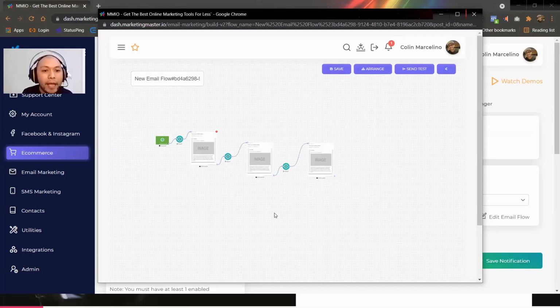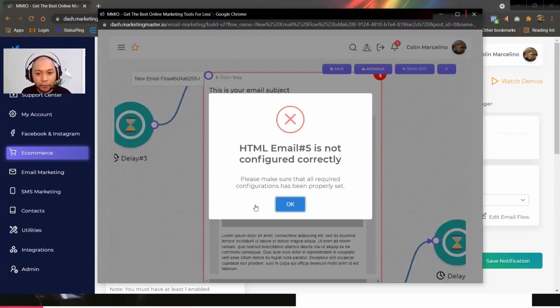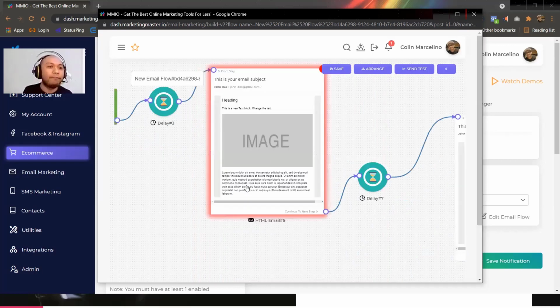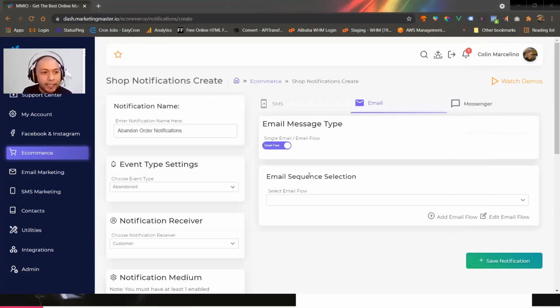So yeah, that is the use case. And after that, you can save this flow. Let's say I'm gonna save this flow. Oops, actually, we did not configure our emails. I don't have the time right now to configure the message for our emails. But what I can suggest is